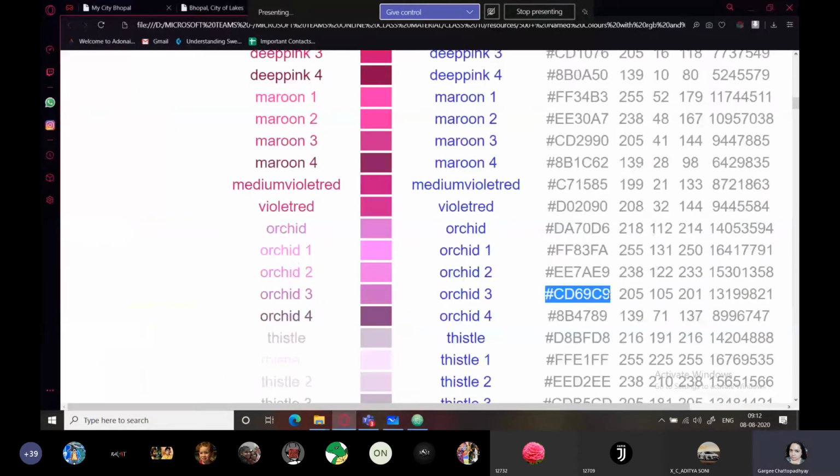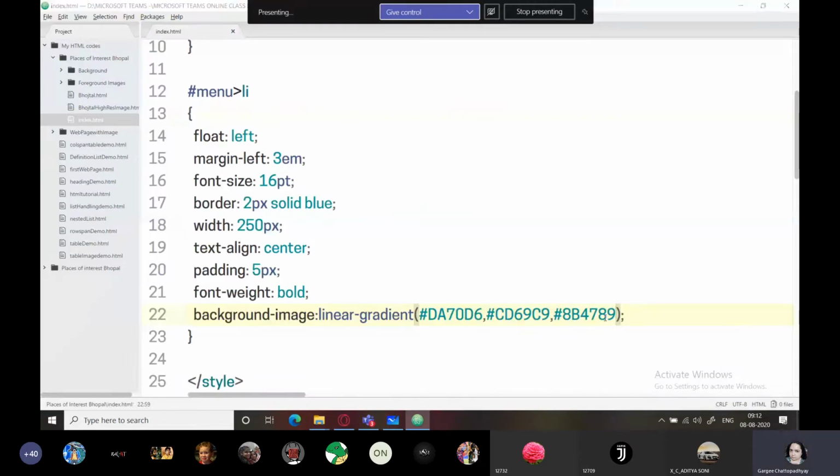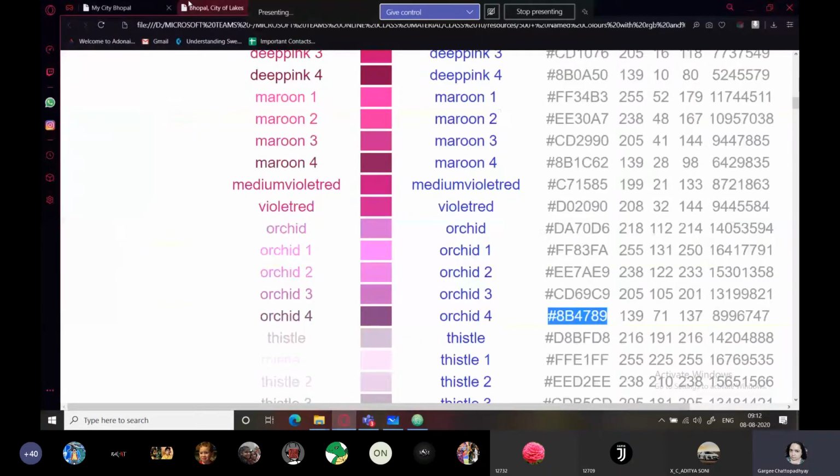Linear gradient accepts a total of 3 colors, and orchid 4 as my third color. This is it, and now let's view it on the browser.